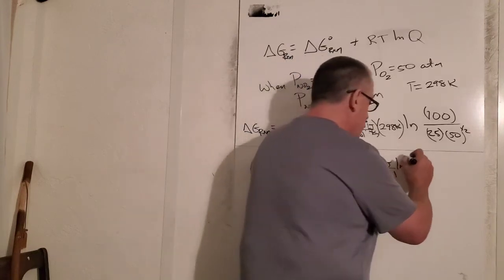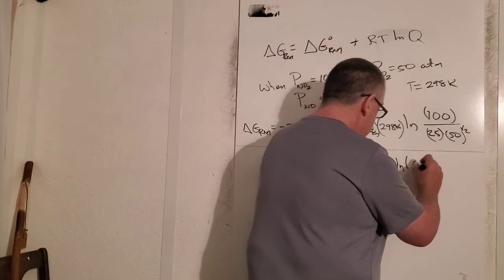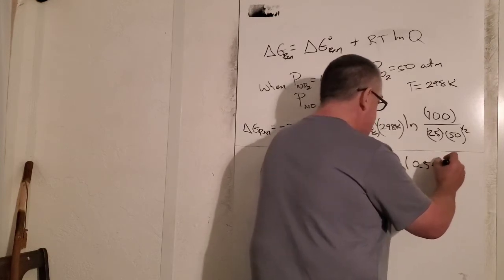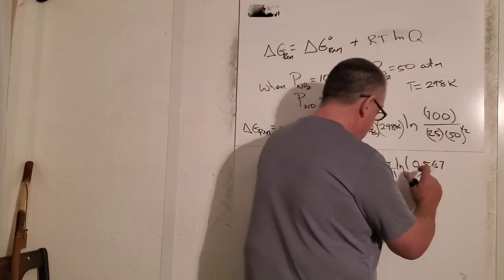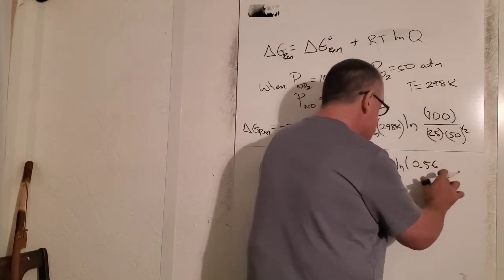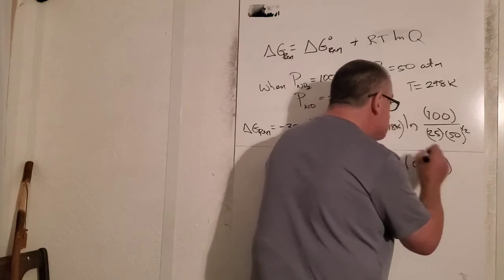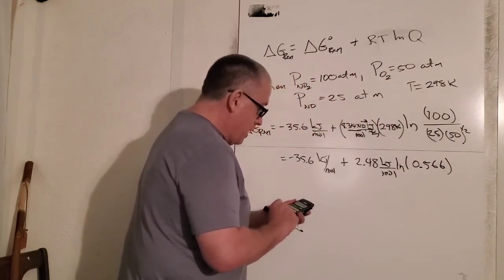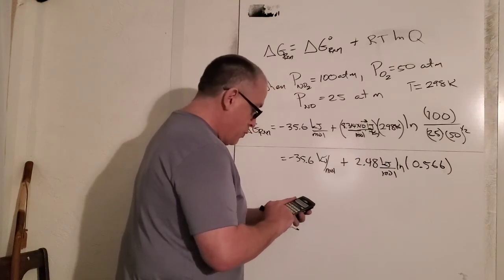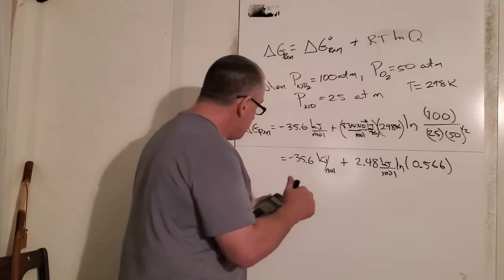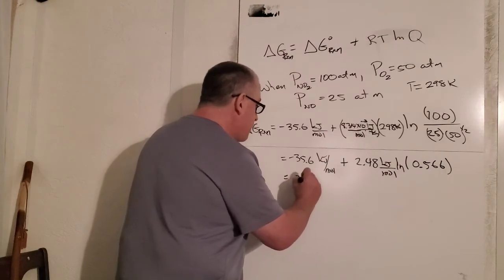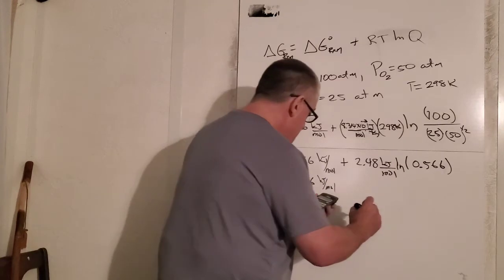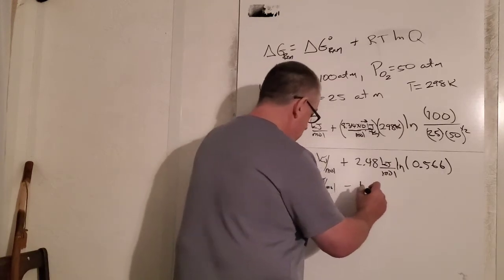That's going to give me natural log 0.566. Right? Pretty much that. So I'm going to take the natural log of that times 2.48, and that's going to give me negative 35.6 kilojoules per mole minus 1.41